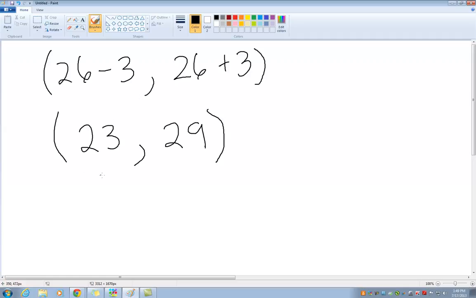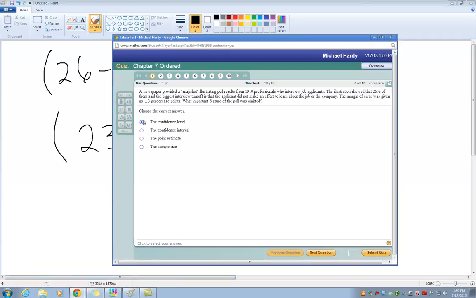And what confidence is defined as is, if we go through this process of taking data, generating an estimate, and generating an interval, it's going to produce a different interval every time. What fraction of the times would we actually have an interval that really does contain the true population mean? And so we've done this with a process that, well, we just don't know how often it does. That's about confidence, and that's what hasn't been stated here: the confidence level.